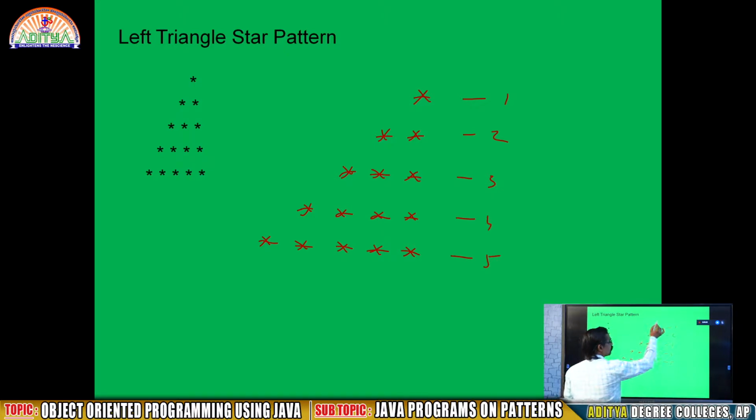In the first line, 1 star as usual. In the second line, 2 stars. In the third line, 3 stars. Fourth line, 4 stars. Fifth line, 5 stars. Like the previous example: for i equal to 1, i less than or equal to 5, i plus plus; for j equal to 1, j less than or equal to i, j plus plus. But the thing is, here you must see, instead of generating stars from left to right, where am I going to generate